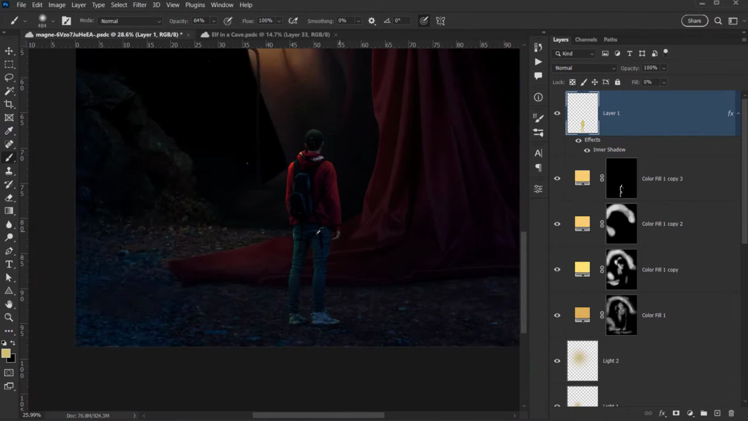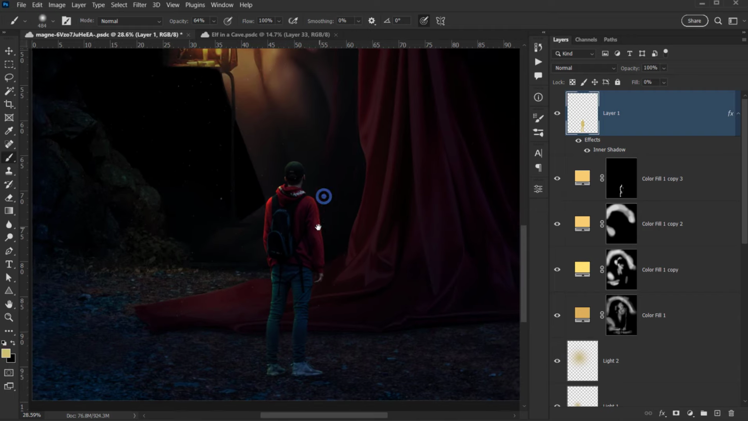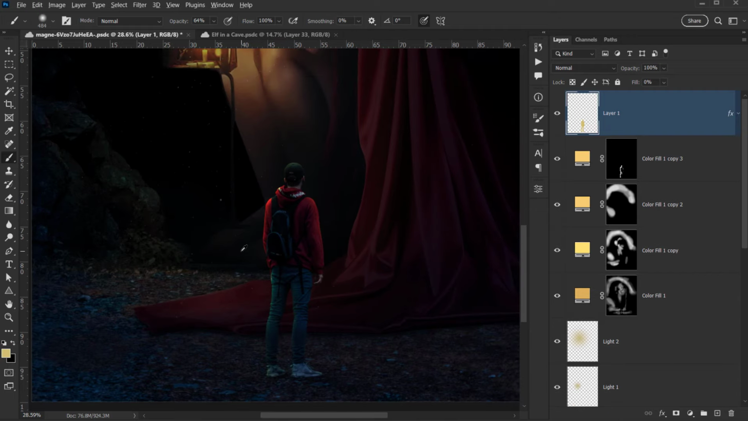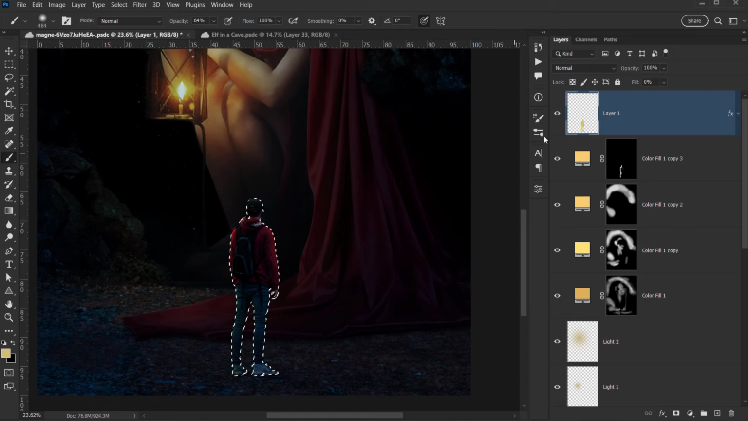Alright. Also, I want to add a little bit of shadow to the back parts. So I will do the same thing. I will actually make a selection of the model image in here. We already have it in here. Let's call this lights,